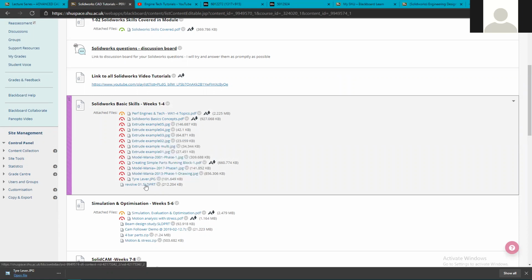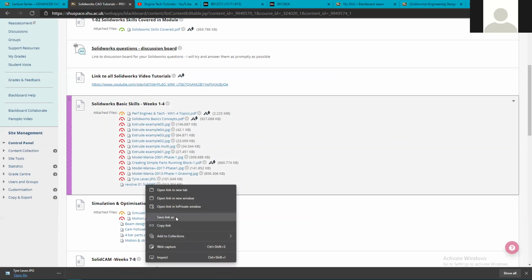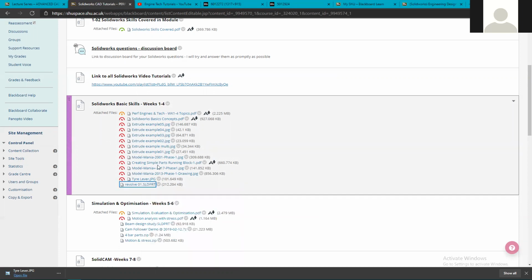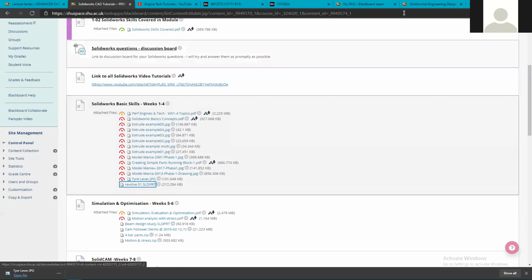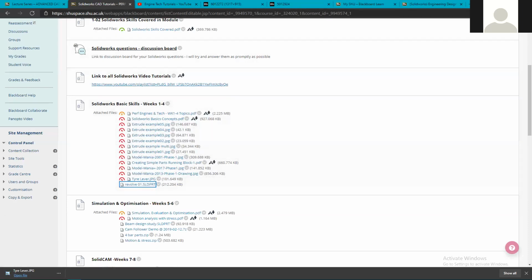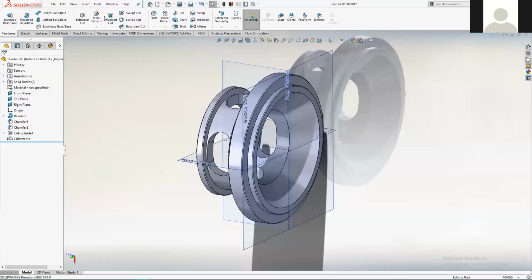So if you want to download that onto your machine, which should be as easy as, how do you download these things? If you right click on it, save link as, possibly if you're using Microsoft Edge. But yeah, I'll give you a second to do that if you need to. And then wherever you save it to, if it drops straight into your downloads folder, you'll have to go into SolidWorks and go